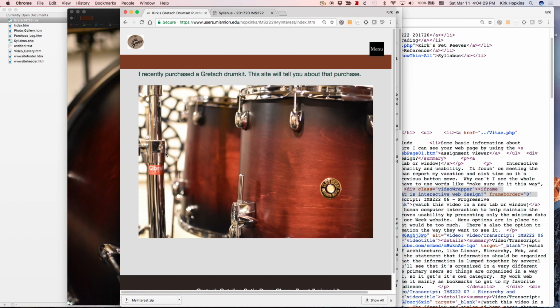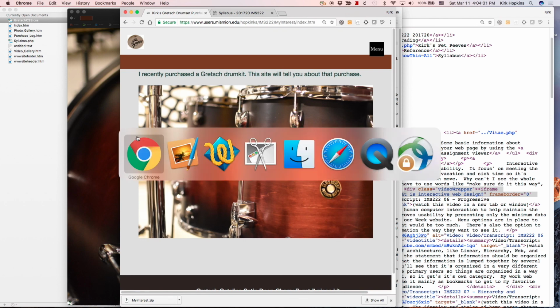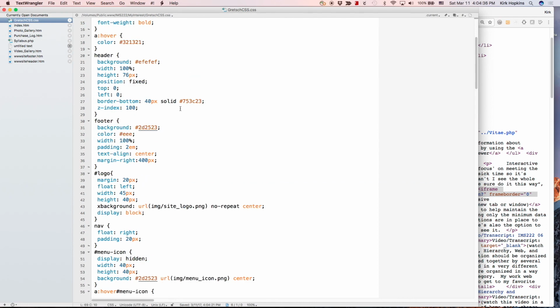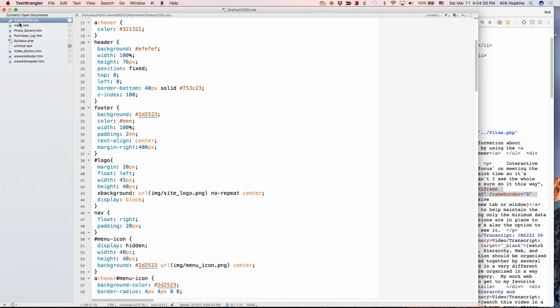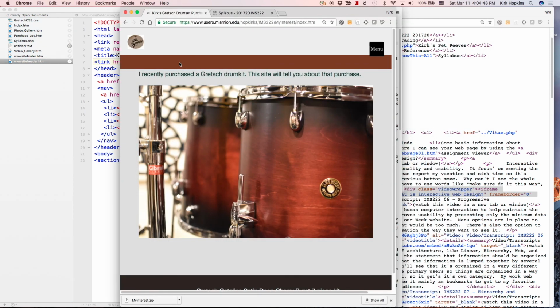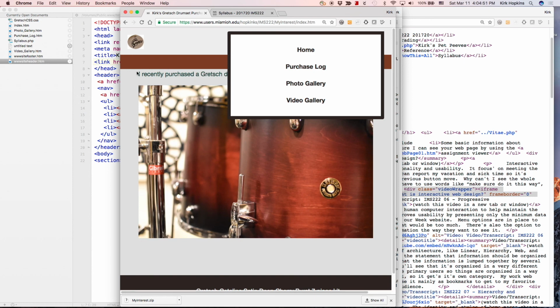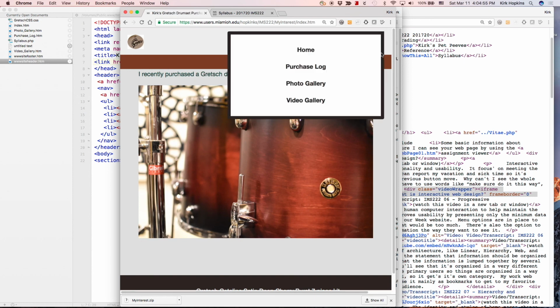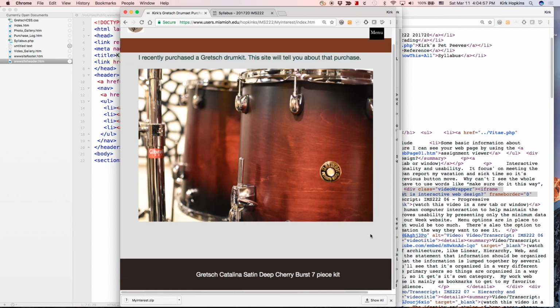And I need to change my CSS version, which was not there. It was in the header. I'll do a reload. And I think it changed. I didn't pick a lot different color. Yeah, so